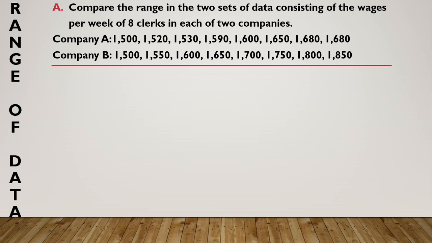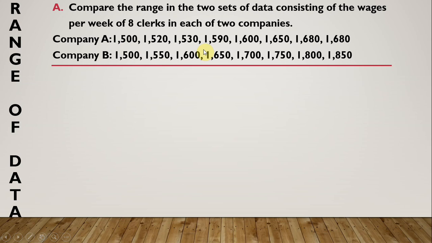For company A, we have 1,500, 1,520, 1,530, 1,590, 1,600, 1,650, 1,680, and another 1,680. For company B, we have 1,500, 1,550, 1,600, 1,650, 1,700, 1,750, 1,800, and 1,850. So, dito po sa ganitong question, kung mapapansin nyo po, naka-arrange na po yung mga data